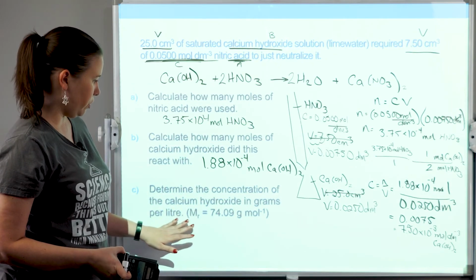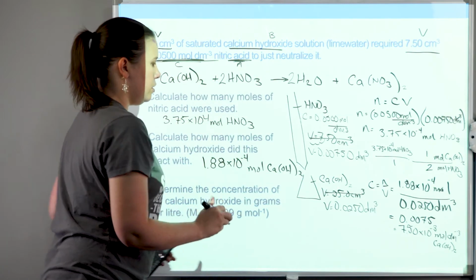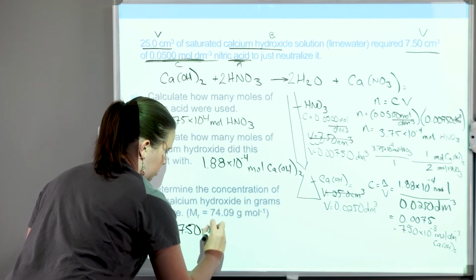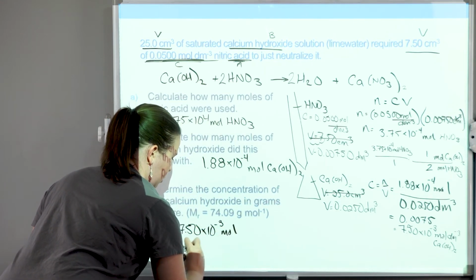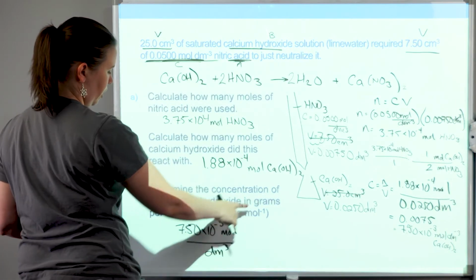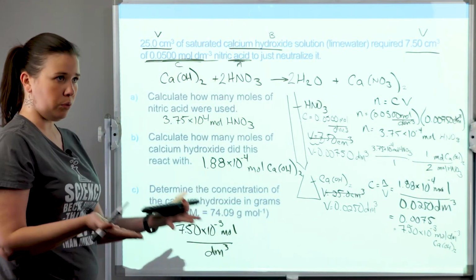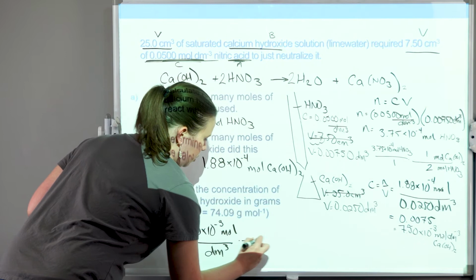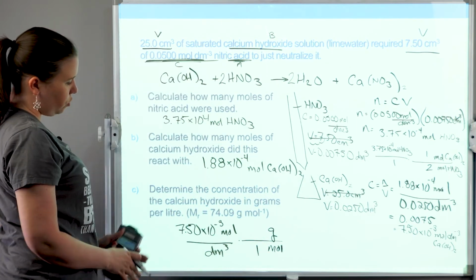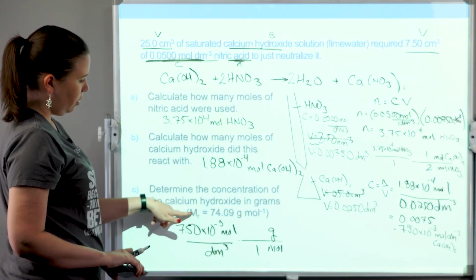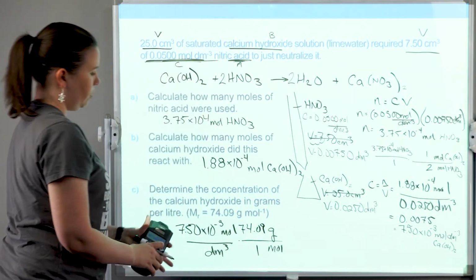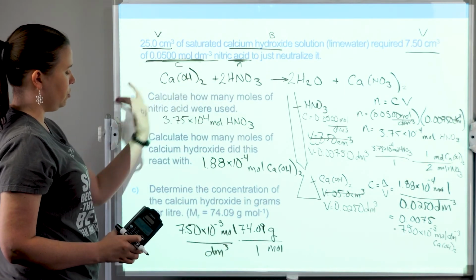But this time, it actually wants it in grams per liter. So let's look at that conversion. If I start with 7.50 times 10 to the negative third moles over decimeter cubed, what it wants on top instead is grams, but I'm in moles. So mole to gram, we just need our molar mass. I'll put moles on the bottom and grams on top. 1 mole is equal to the molar mass, and it's actually given in the question here. The relative atomic mass is 74.09,